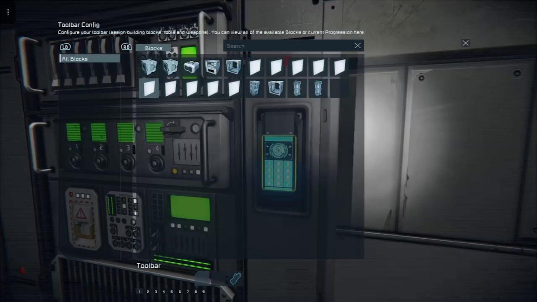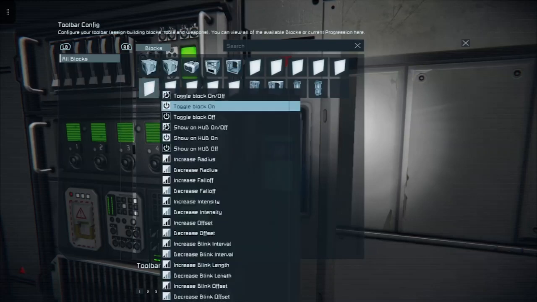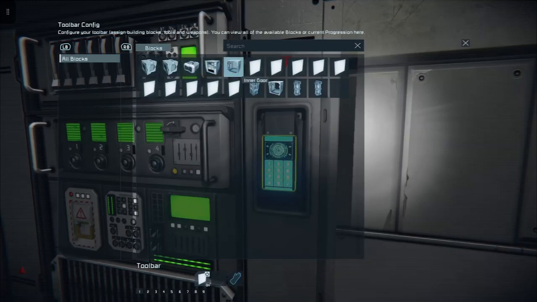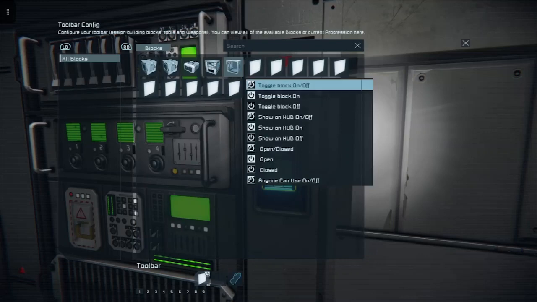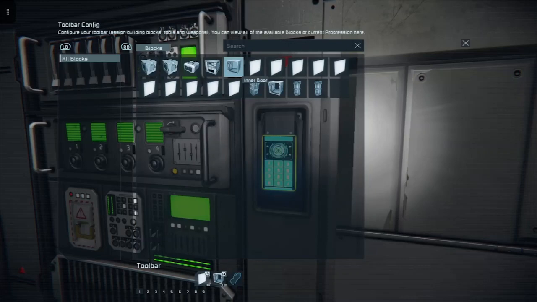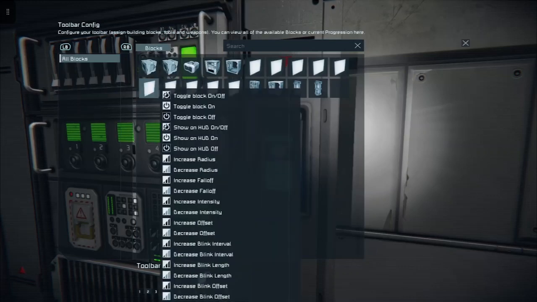So what we can do is we can use a dummy block. So on the first toolbar, our dummy block is always going to be, in this case, light panel 5, and we're just going to make sure that keeps on. And now we've set that up, we want our inner door. Remember we called them inner and outer. We want to set that to toggle block on off. And then again we want to move across a toolbar with RT, toggle on, because you don't want the light turning on and off as this system's running, so always make sure it's on.